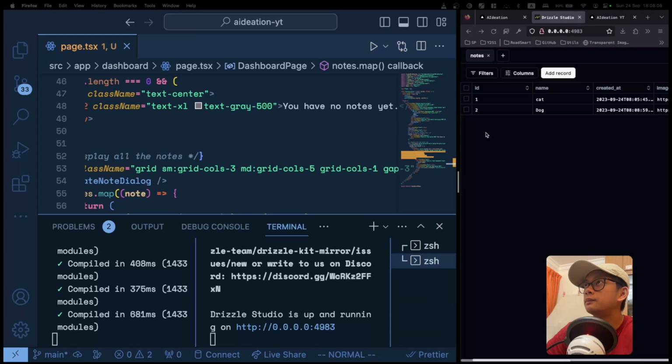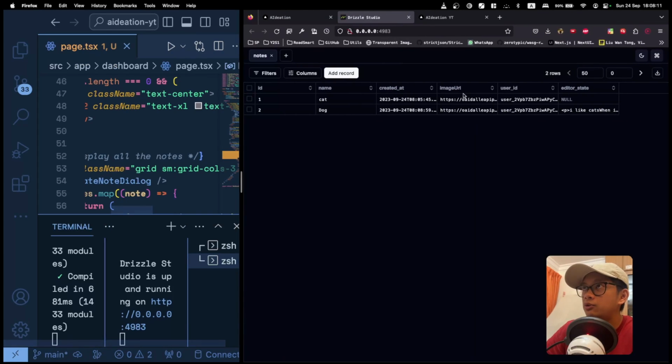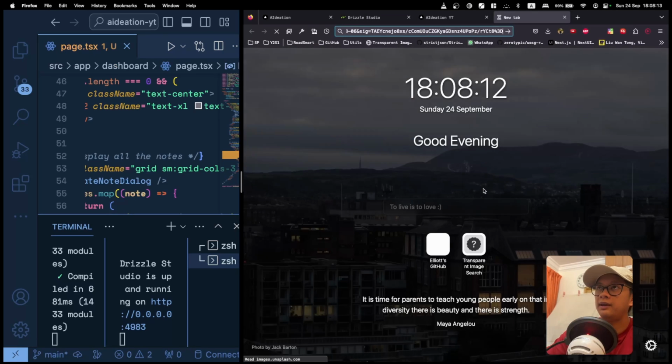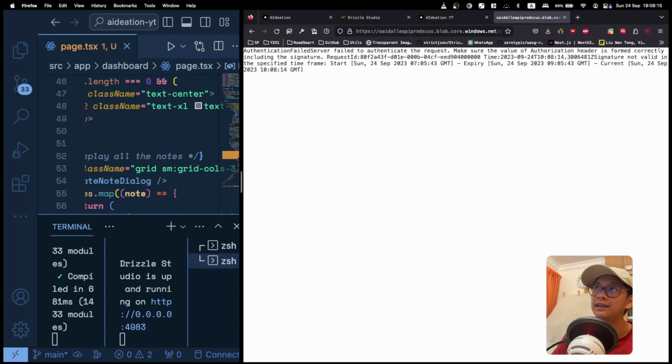Alright, so open this up. Okay, look at this image URL. I'm going to copy this image URL and paste it in the URL bar. Right now it's going to tell us that it has expired. So the reason is because of OpenAI